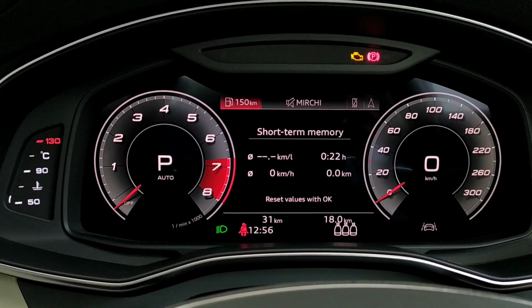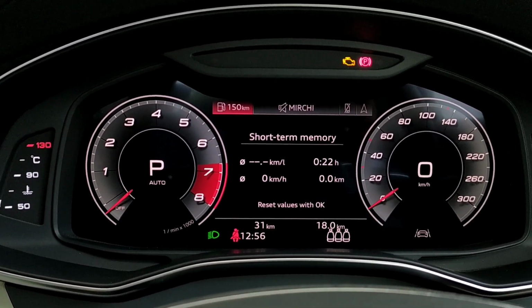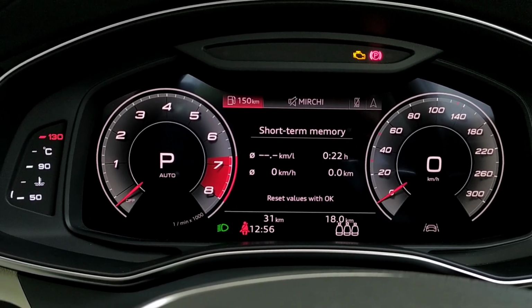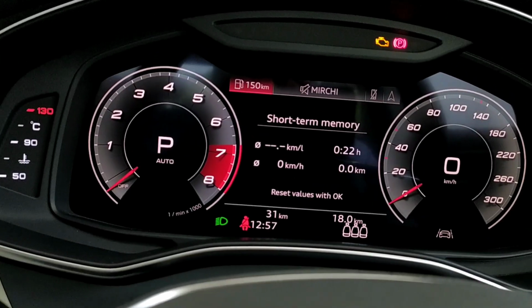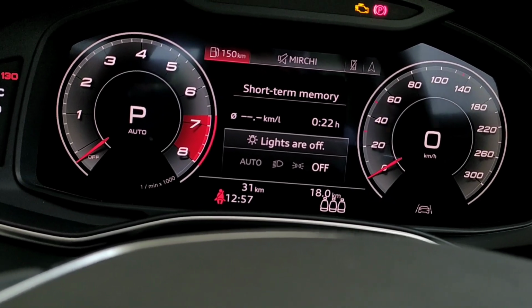In the middle you get the tachometer and gear position indicator to the left, short-term memory etc. in the middle, and speedometer to the right. And even in the bottom you get the number of occupants in the vehicle along with seat belt reminders. And you also get the headlight position,